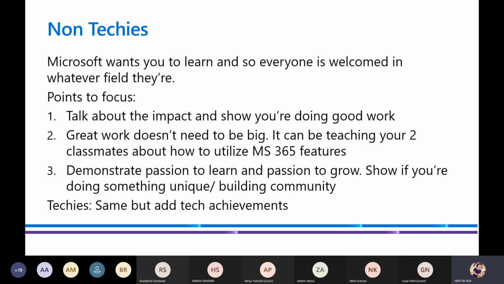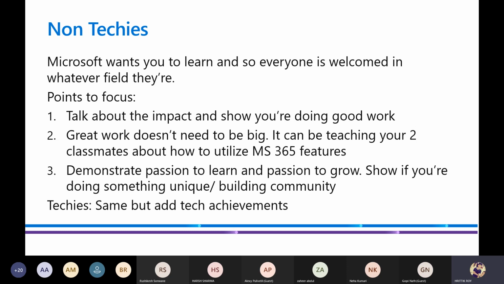You must always demonstrate your passion to learn and build a community, because that helps you get into the community, as a lot of like-minded people here are engaged in building a community around themselves. One more thing which sets you apart is if you are doing something good or unique, like creating content for people such as blogs. For tech, add something like you have won a hackathon and all those good things, for your demonstration and your links.